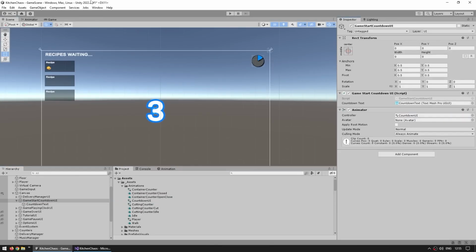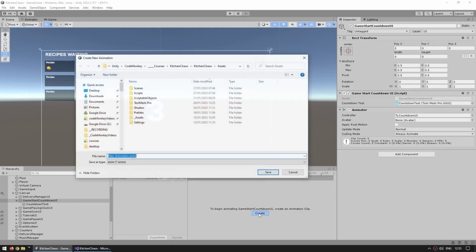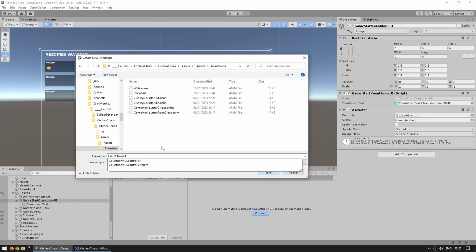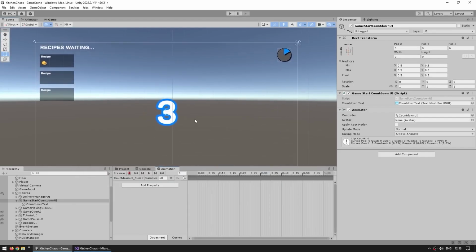Okay, now let's open up the animation window. So Window, Animation, open up the animation window. Okay, let's create an animation clip. And over here, let's name this the countdown UI number pop-up. Okay, that's great. Now for making the animation, we want to basically make it shake and also make it fade